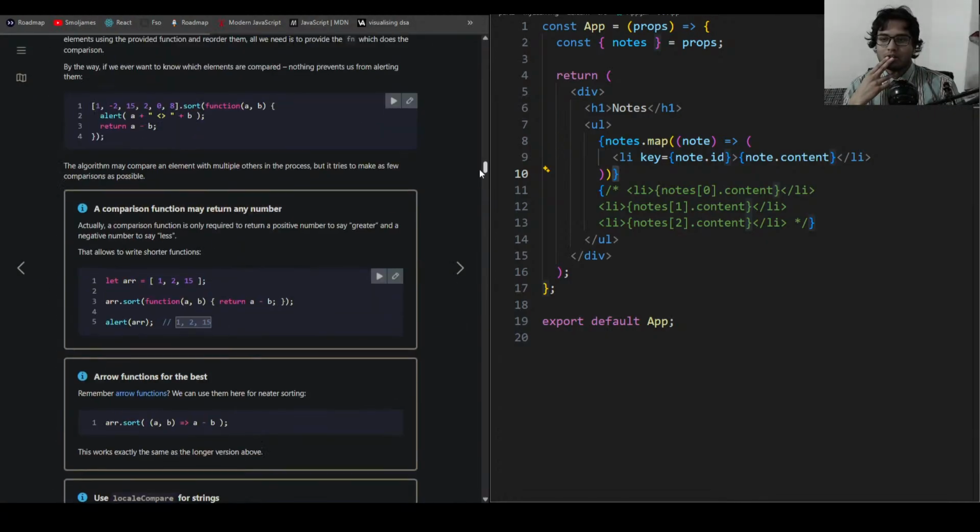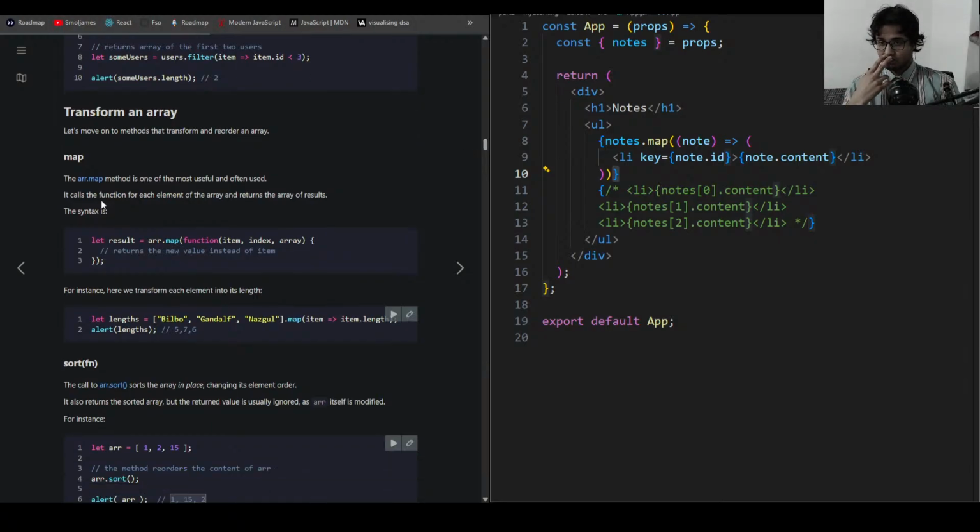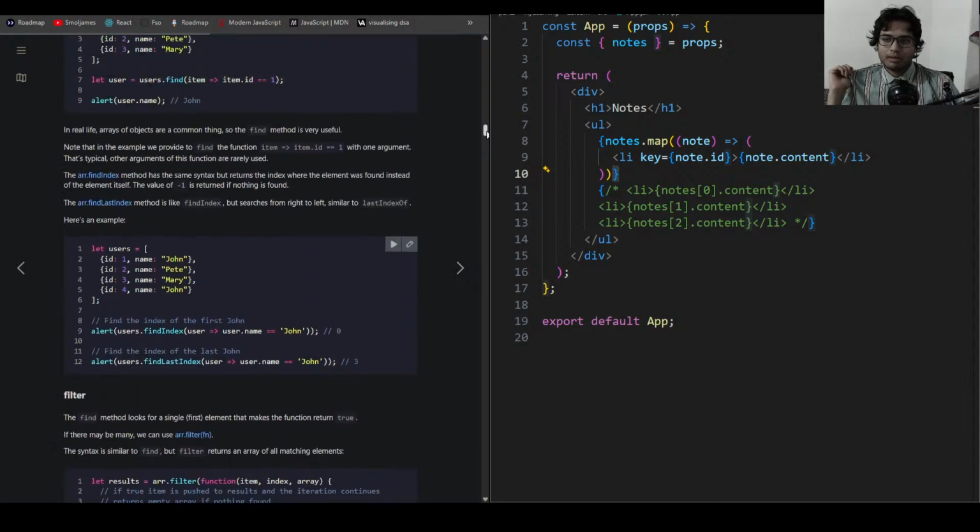Like item, index, and then array. That is the third one. Which array are you talking about? It calls the function for each element of the array and returns the same result. Map is often